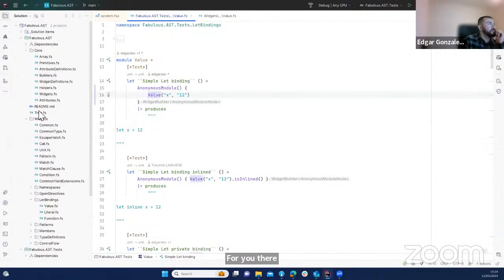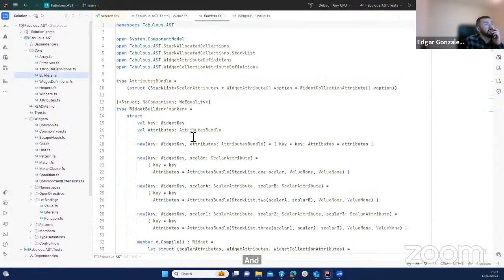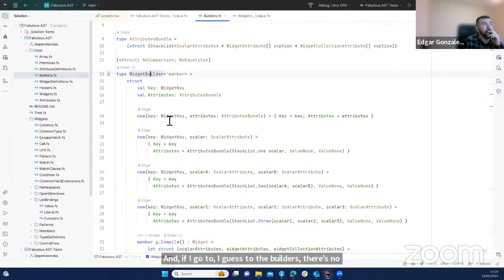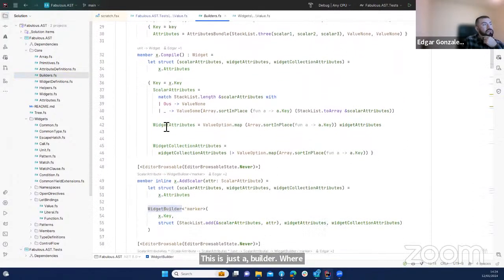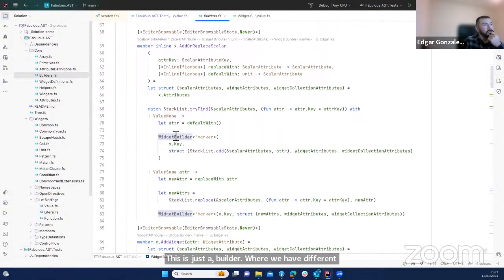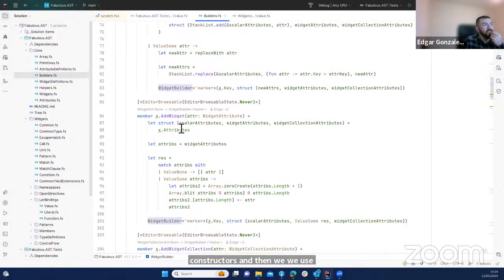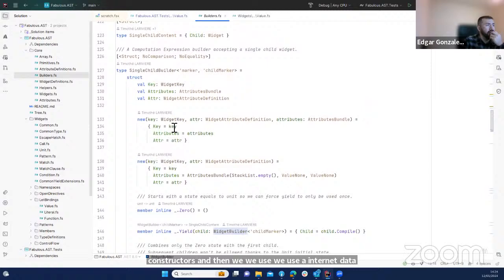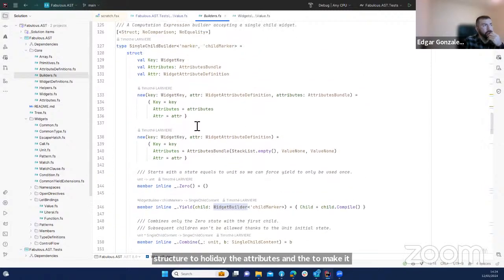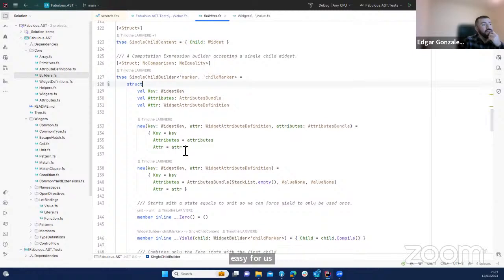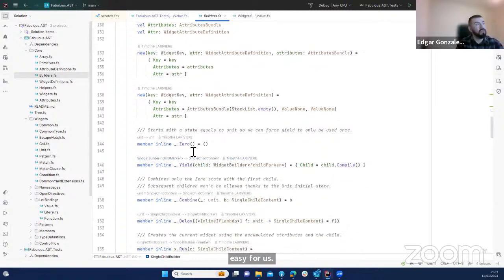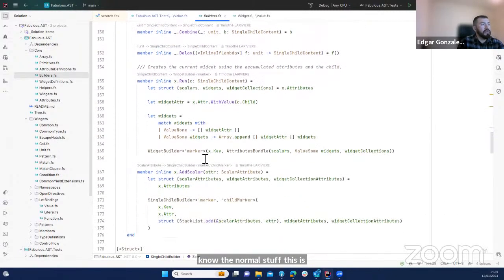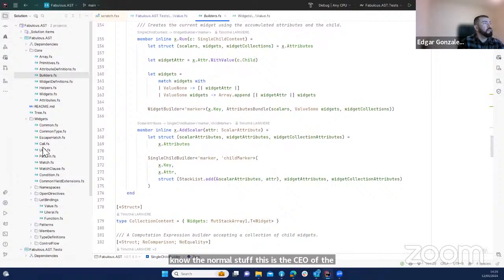And if I go to, I guess, the builders, there's no actual magic behind the scenes. This is just a builder where we have different constructors, and then we use an internal data structure to hold the attributes, and to make it easy for us. And we have a computation expression that implements the normal stuff. This is the zero, the yield, the combine, all of them, and then internally allow you to, for example, have